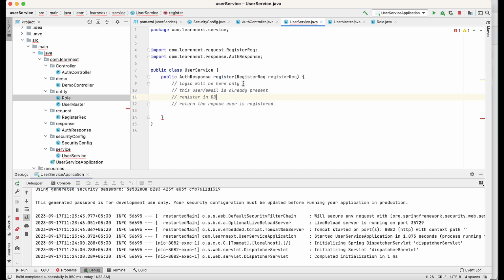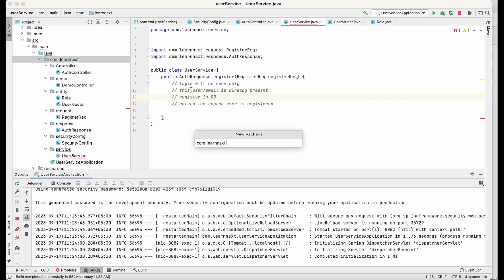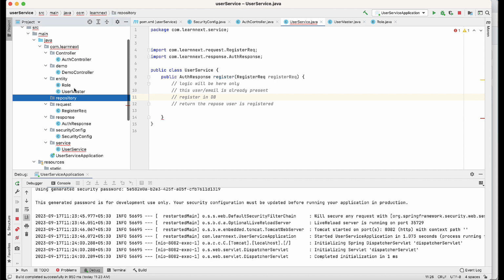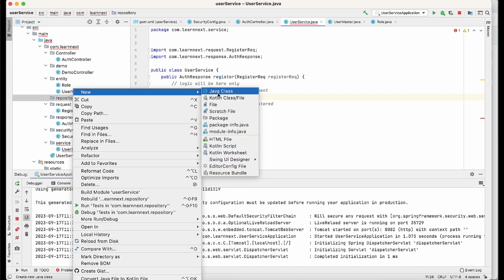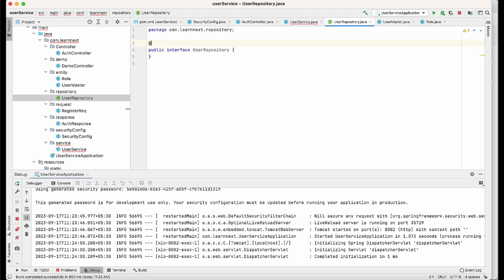So let me create one repository layer first. Simply I will go and create one package, repository, and add one class. It's not a class, it's an interface, UserRepository, right? I'll give one annotation, @Repository. And this will extend JpaRepository,